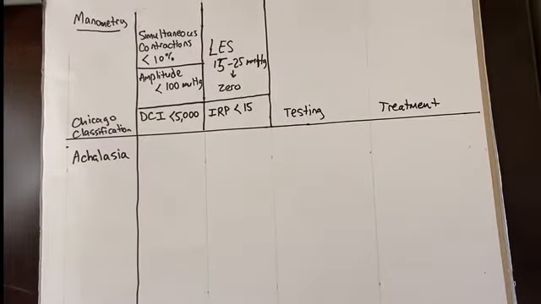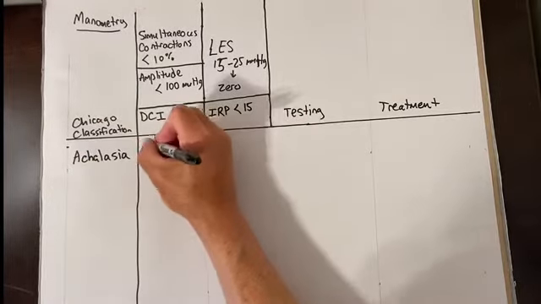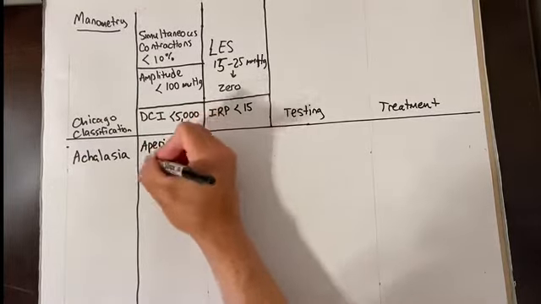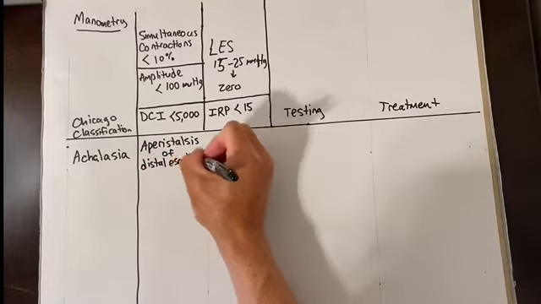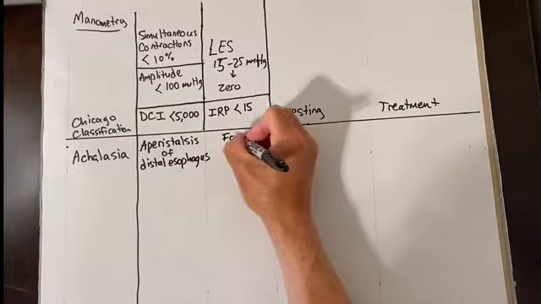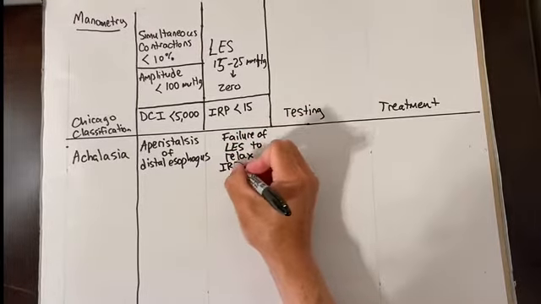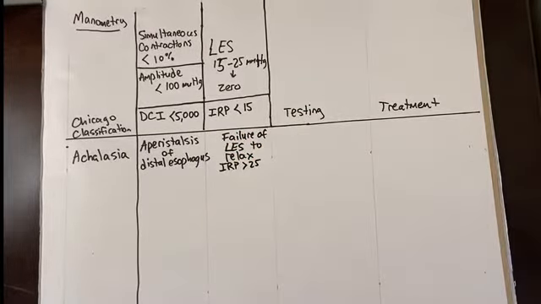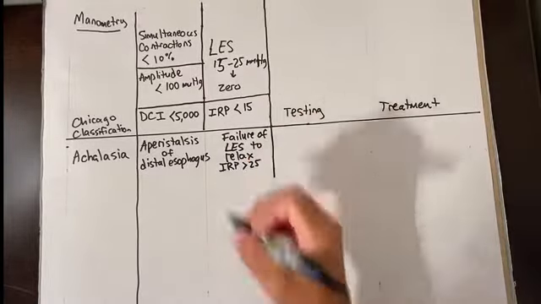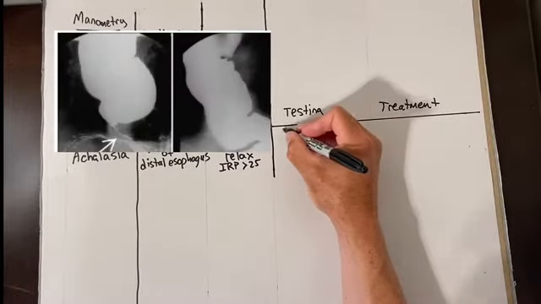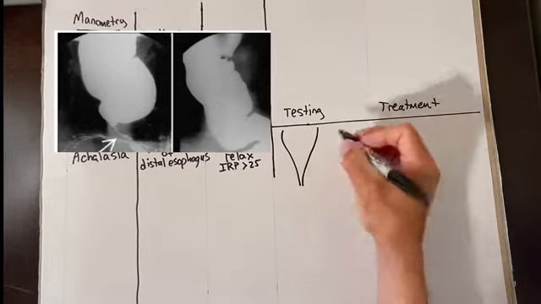The classic findings are aperistalsis, meaning there is no contractions at all, of the distal esophagus, and failure of the lower esophageal sphincter to relax. So likely the IRP will be greater than 25 without relaxation. The classic barium esophagram for achalasia is a bird's beak, or if it's really advanced, an esophagus that looks almost